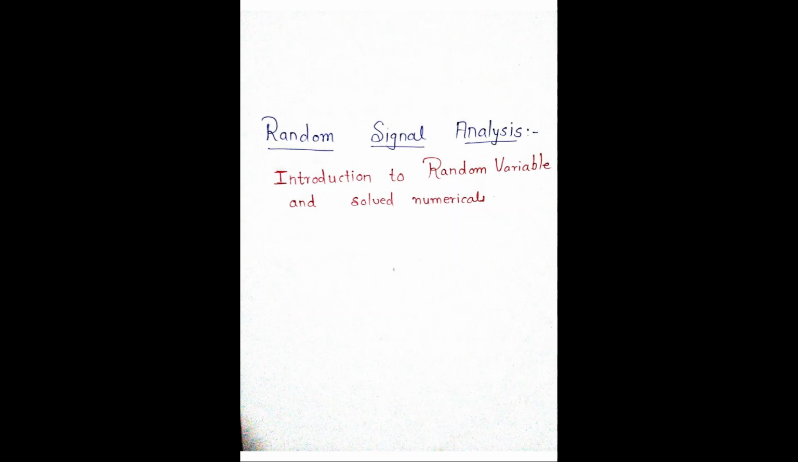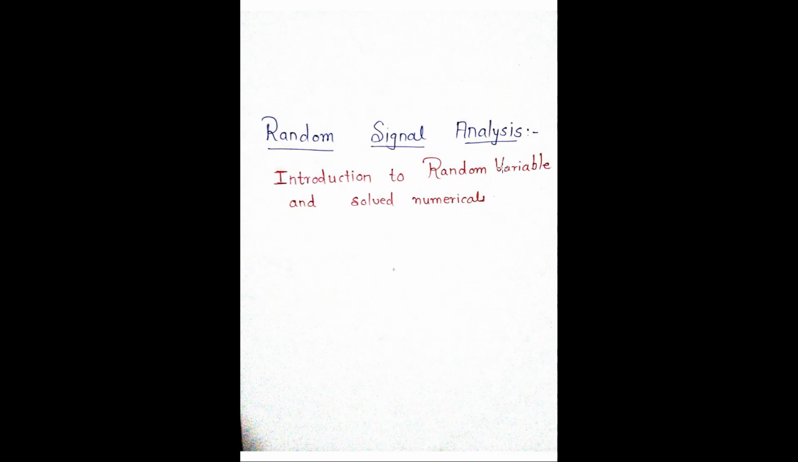So the next topic that we'll be learning in random signal analysis is going to be introduction to random variable and solve numericals. So this is a very important concept. In this video we'll be talking about the introduction to random variable, the basic terminologies of a random variable. You have to understand those terminologies very well if you have to solve numericals on it and for the further concepts in this particular subject, because every concept is going to depend upon these terms that we are going to